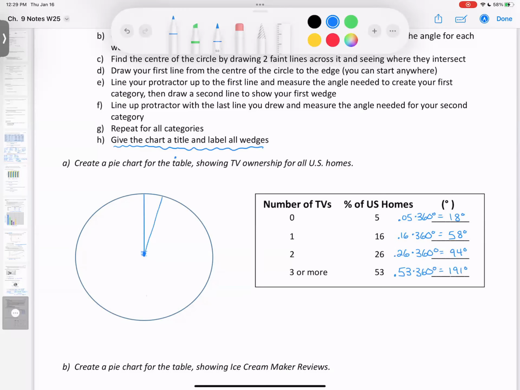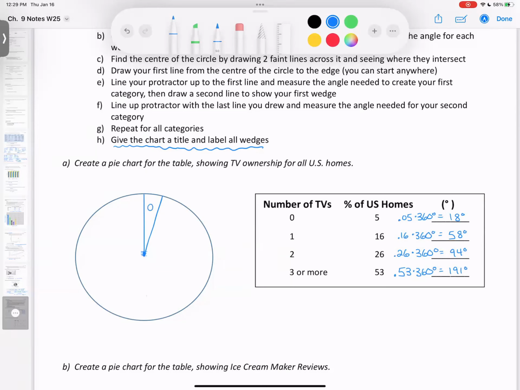Now I don't have to go all the way. I can just go to the edge of the circle. But maybe I'll just draw it in for you. So this is the line I'm drawing here to get out to the dot that was my 18 degrees. So that's how you measure 18 degrees. Now we've got this wedge that is 18 degrees, and that was